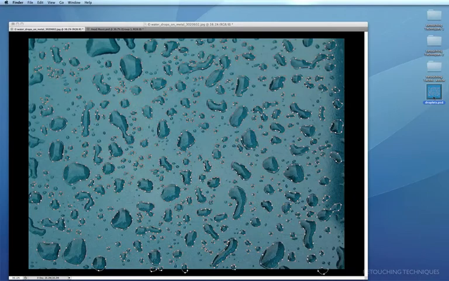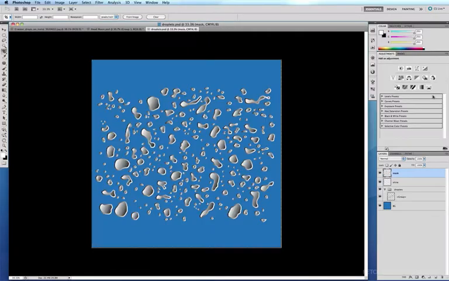onto my desktop. And here's our Droplets Photoshop document right here, which I'll open up. And you'll see that our layers from Illustrator have been exported into this Photoshop document. Now what's happened is it's caused our Droplets layer to be dropped into a group. So I'm going to pull that out of a group and get rid of that group folder and just rename